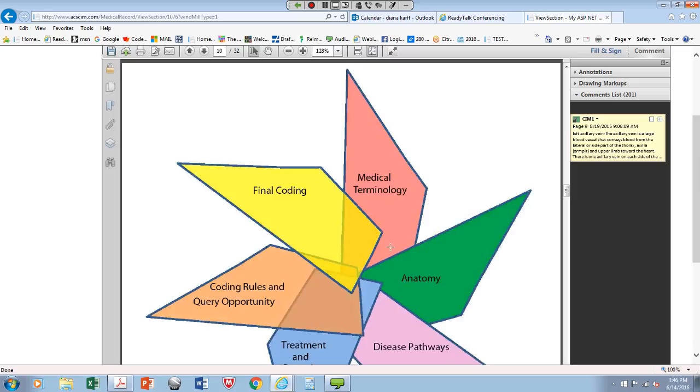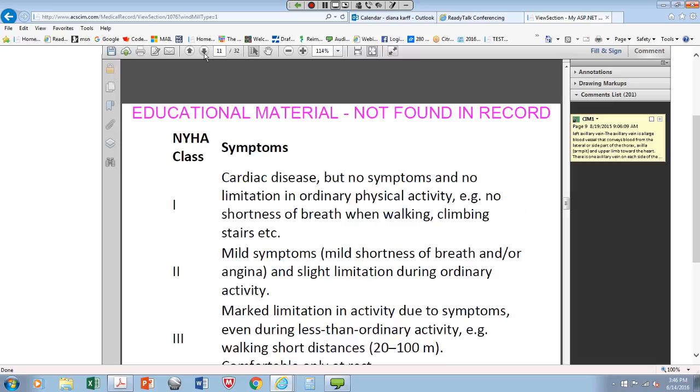Okay, so then you'll see the same document will return, but it will be pink. Does anybody want to tell me what pink is going to be? Pathways. Right there, disease pathways. Yes. So you're going to see the same document, and you'll see imported educational material. This patient has, I think, class 4